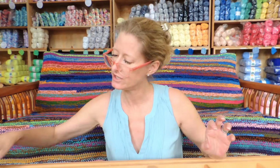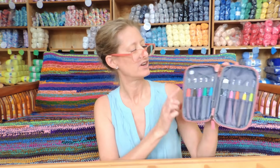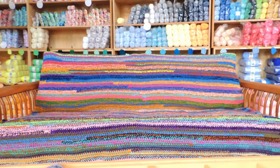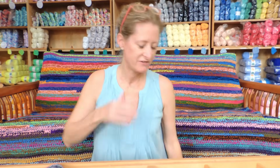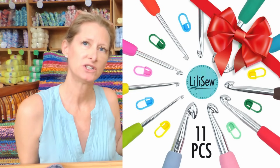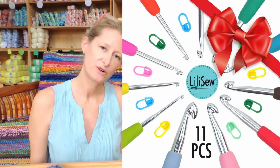Next, I got these ones. Ergonomical. Actually, I'm lying. Let me see if I can find my other set. I have a set for sharing. Well, it must be in my studio. I can't find them here, but I'll put a picture over there. I got the little sew set. There's 11 ergonomical hooks. We call them gateway hooks because they're ergonomical, so they crochet so much better